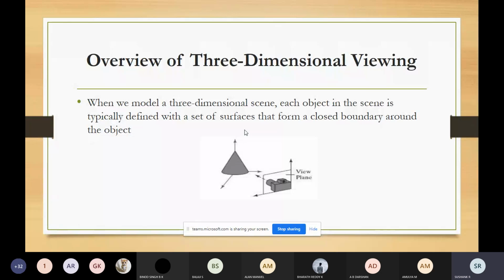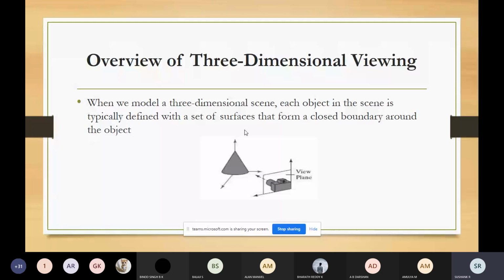Here we have more tasks when compared to the two-dimension viewing pipeline. Projection routines, projection procedures, are needed for transferring a scene to the viewing surface.